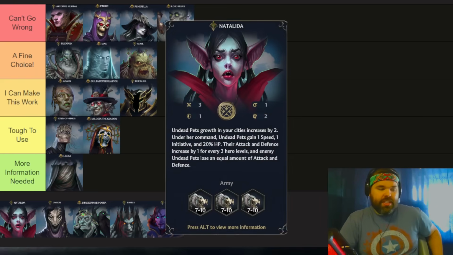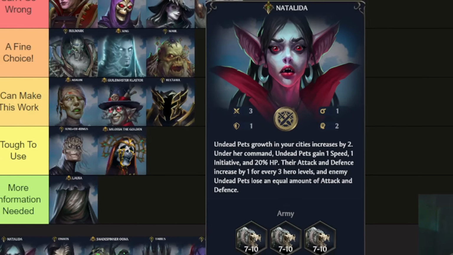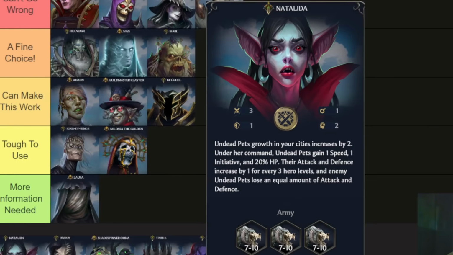Next up, we have Natalida. She's a vampire. She looks more bat-like than anything, and she's going to be the undead pet hero specialist. So starting off with anywhere between 21 to 30 undead pets is a lot of undead pets. That is a lot of undead pets. You can do a lot with that many undead pets. In fact,